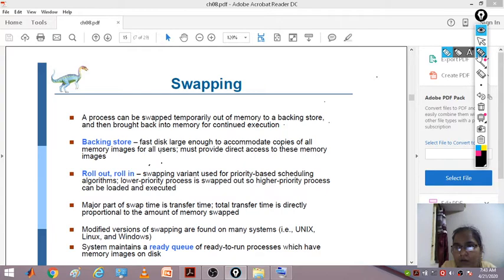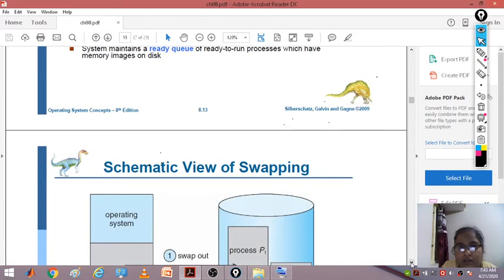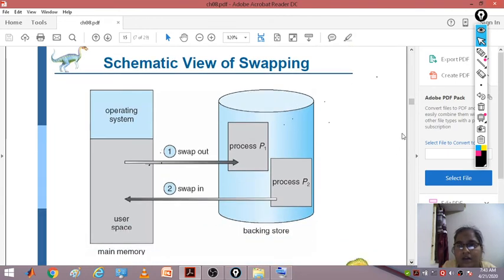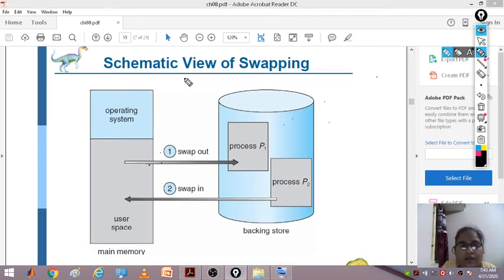Now let's see the schematic view of swapping. As I said, main memory is divided into two portions: one portion is reserved for the operating system, and the rest of the space is user space.